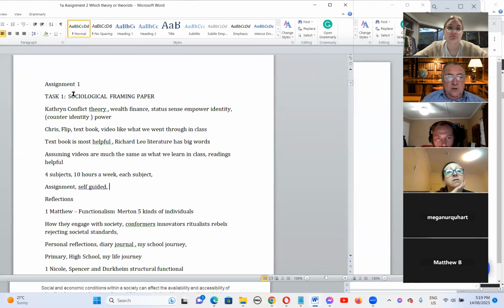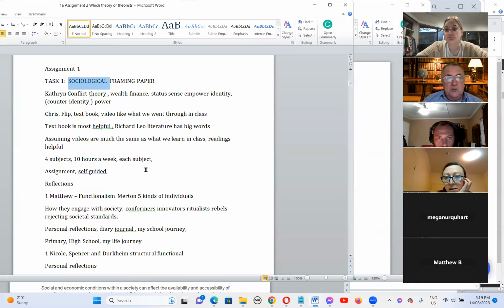We're asking you to look at a sociological theory, and the 3 big theories are: structure, helping society and schools; conflict, describing that there are pressures and tensions due to different amounts of resource and finance, with different social groups that compete with one another; and then symbolic interactionism, the way in which symbols, language and social interaction can shape the way people interact. So they're the 3 big theories.